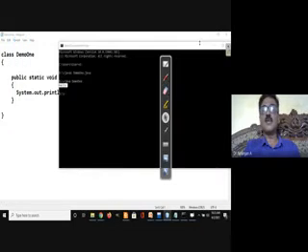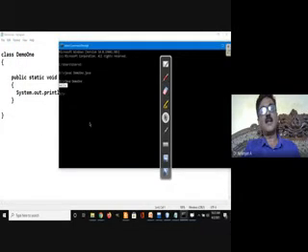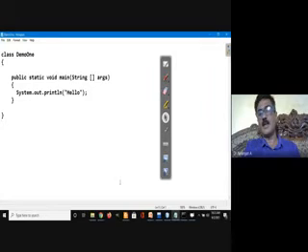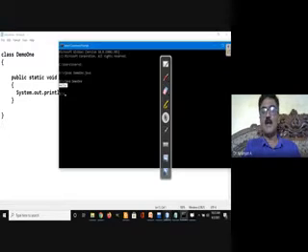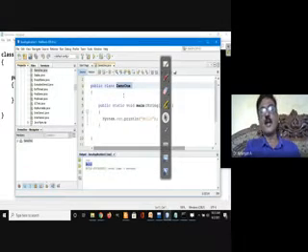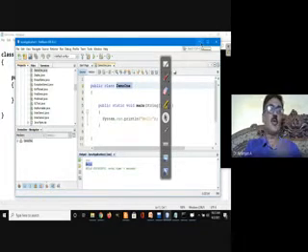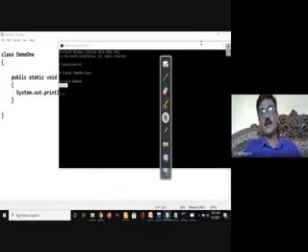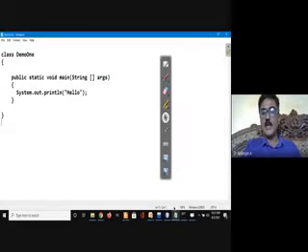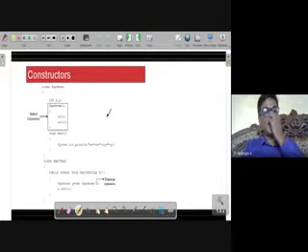I prefer using Notepad and the command line combination. However, just to show you that you can also use IDEs like this, I showed the same program executing on NetBeans. Okay, so now let me come back to my slide.